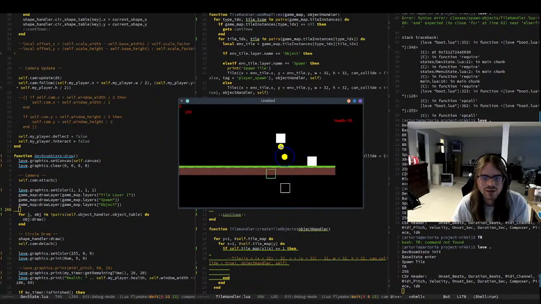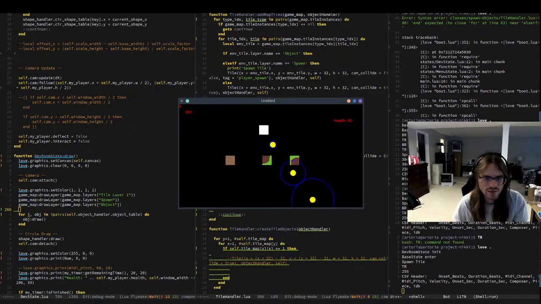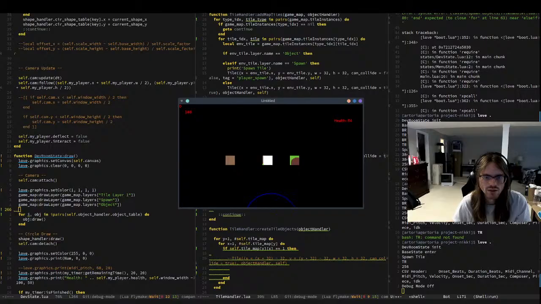Now about colliding. This should be the one we should be able to collide with. Okay, we're not colliding with this at all. But this one, the X and Y,